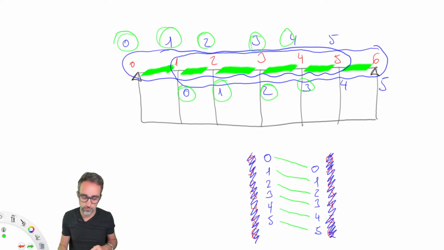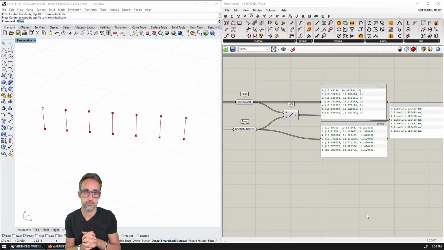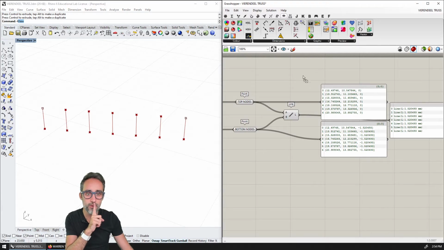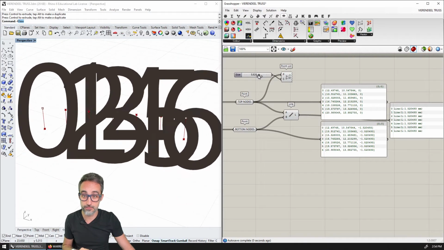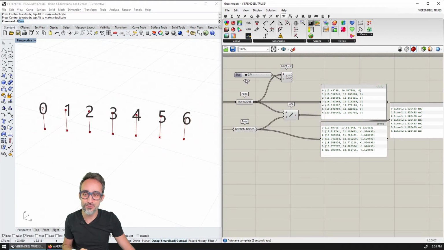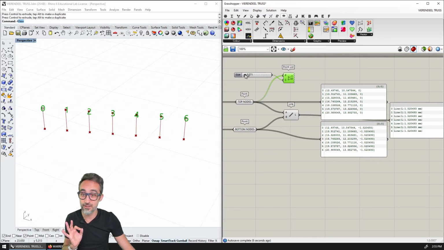Okay, let's go back to Grasshopper. For the sake of clarity, I'm going to draw the indices of the points with the Point List component, giving it a bit of a bigger size here. Oh, that's a lot. I'm going to keep this point list visualizer very handy. This is super handy when I'm doing data manipulation. And then what I'm going to do is, first of all, let me turn this off.